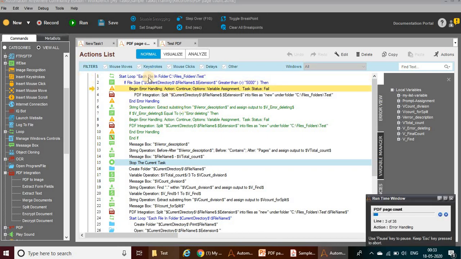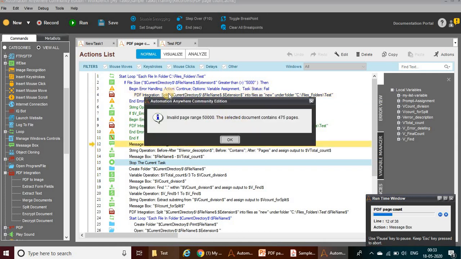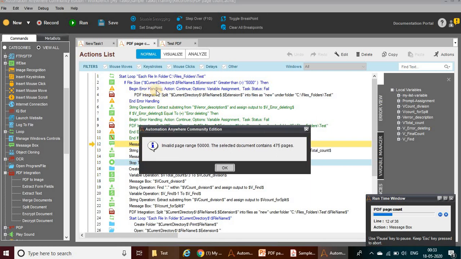So the first line is for each file in a folder. Next, if file size is greater than 5000, I need to loop through the values. After that, I am using PDF split into 50,000 pages. So I got this error message. Within the error message, we have the total number of pages.